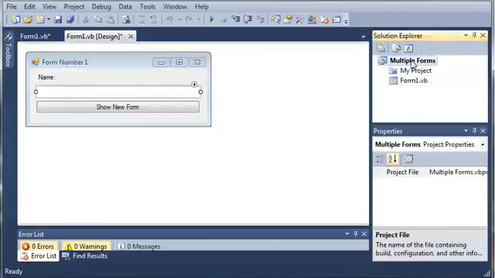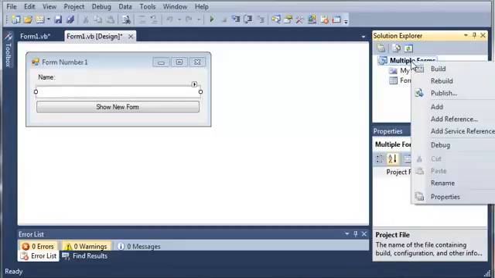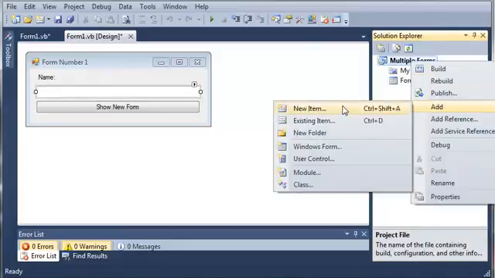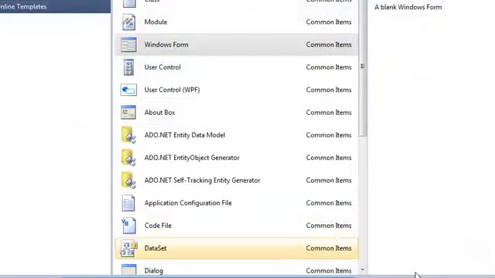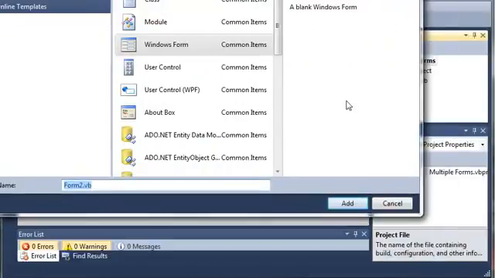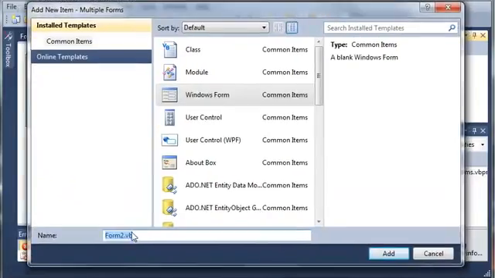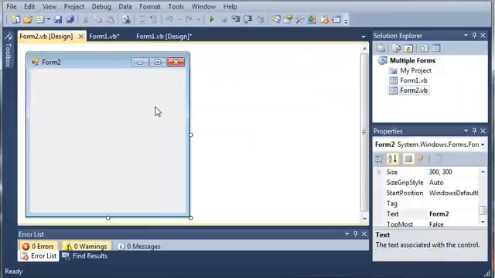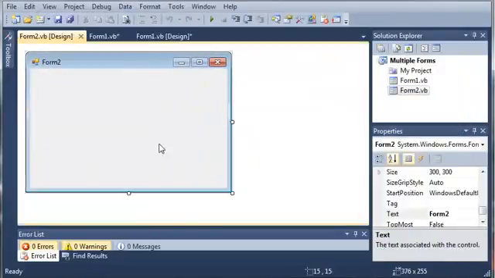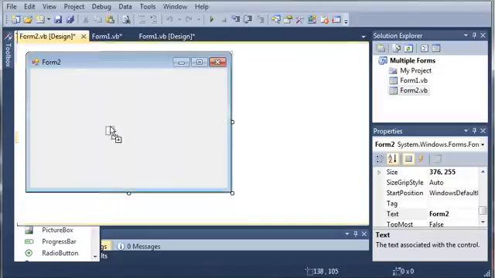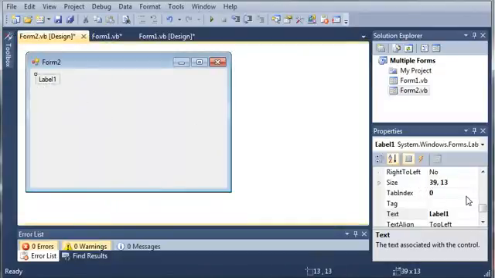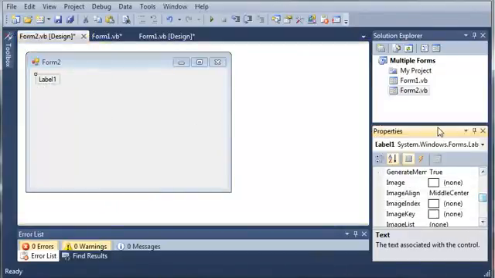So we'll come over here to the Solution Explorer, right click multiple forms, and add a Windows form. We'll just leave it at default, form2.vb. We'll select Windows Forms and click Add. So here is our form 2. Let's go ahead and add a label. We'll come over to our label properties